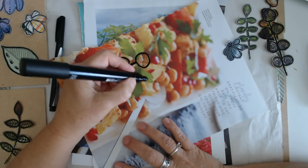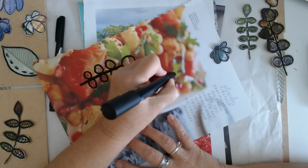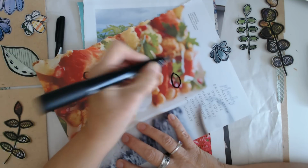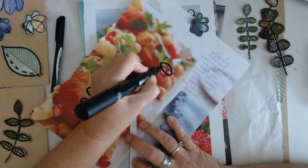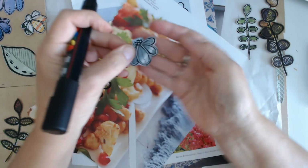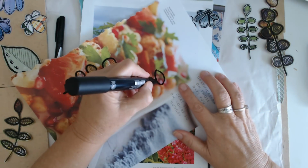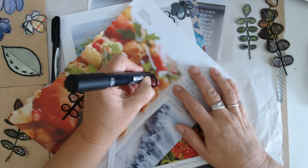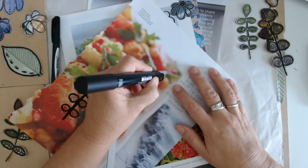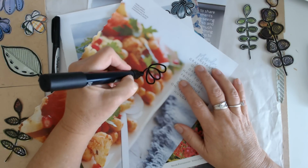So to start with this one, you're just going to do one petal. And then the next petal, you're almost going to have a full petal. See how this is almost a full petal, but it kind of cuts off right there on the corner. So I hope I'm explaining this okay. Then you just do another petal right there. It almost looks like a bumblebee. Do another one like that. Okay, and then the other two are going to be just a half a petal